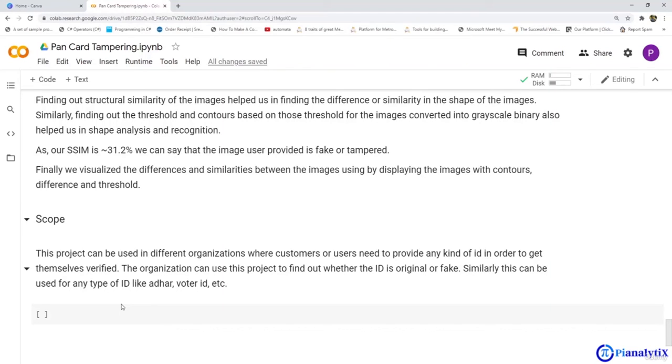That is, if you want to do it for Aadhaar, or voter ID, or any other ID or document, you just need to upload the original document in the original variable and the other one that you need to compare in the different variable name, and follow the same format as we have done in this project.